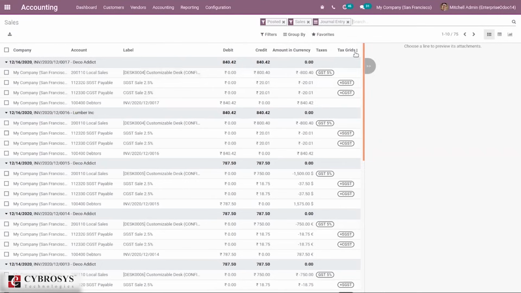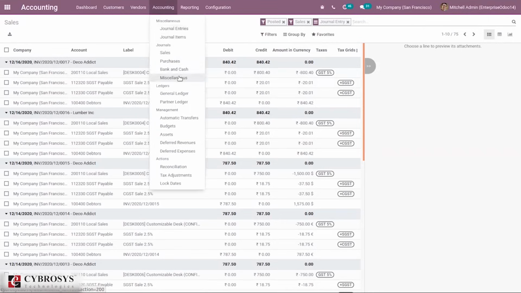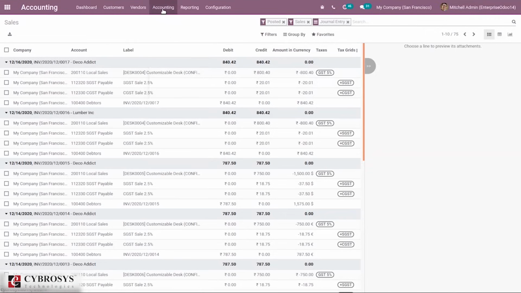Each item can be seen here. And with the tax amount, amount in currency, and tax grid set on the tax. In the same way for purchase, bank and cash also, you can see the journals.